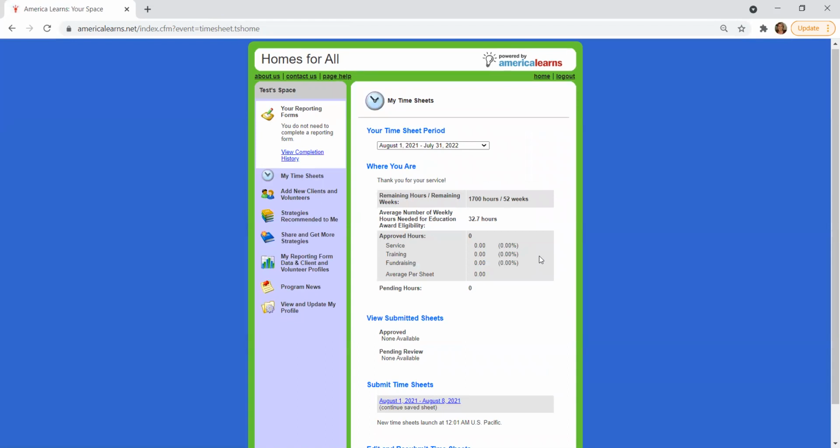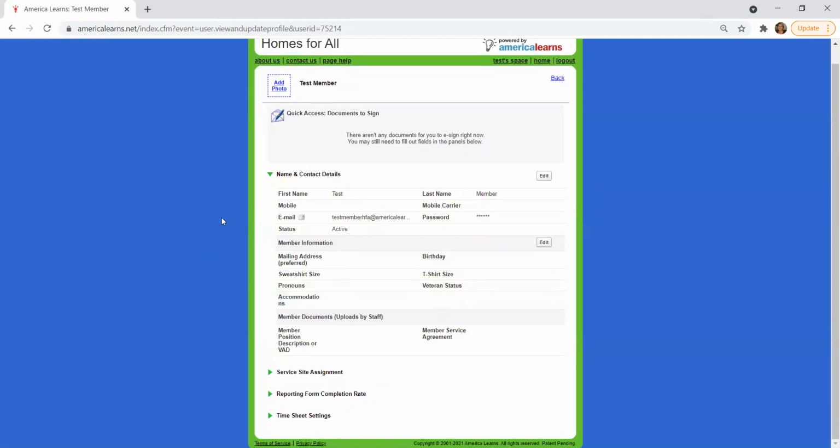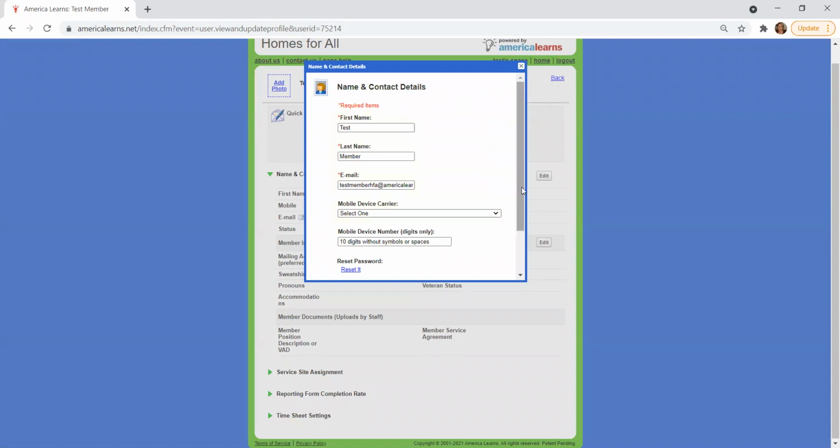So the first thing that we'll talk about before we get into timesheets is we ask that all of our members go over here to this bottom tab that says View and Update My Profile. So I'm going to click it. And this is going to pop up. Under Name and Contact Details, you're going to go over here and click Edit. It's going to pop up a new little